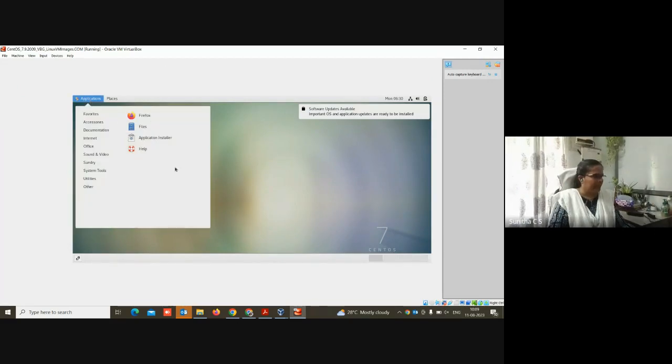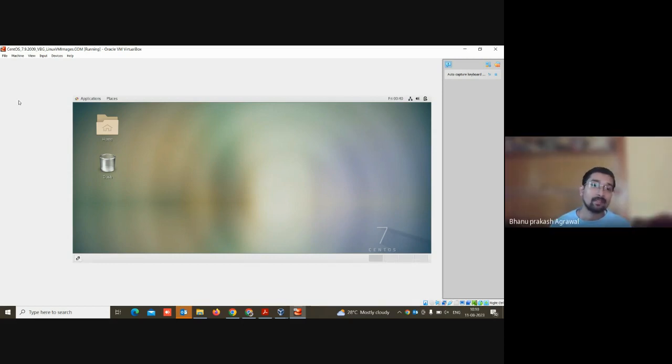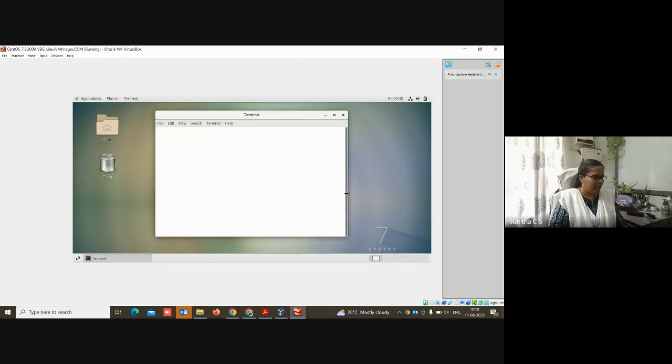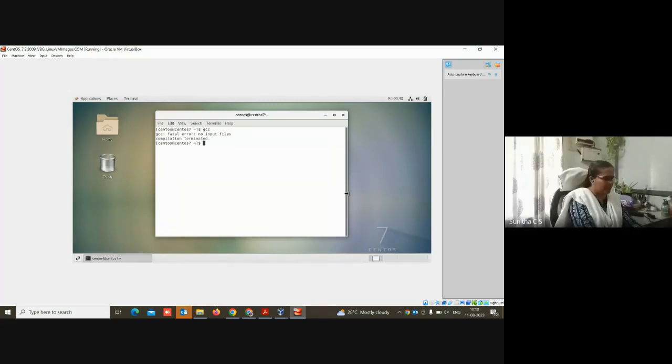So this is big. No, I cannot make it bigger because this is a virtual box which is running. Just the console, or what tools are there. Yeah, fine. So I will just open a terminal and see whether GCC is there. Now I got it. Same thing I can do. I can compile using GCC, right? Suppose, for example, my program is hello.c, I can compile with gcc hello.c.